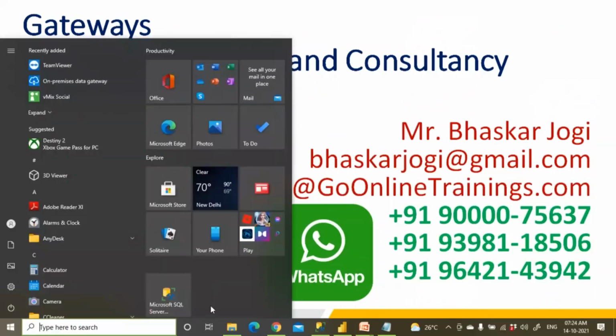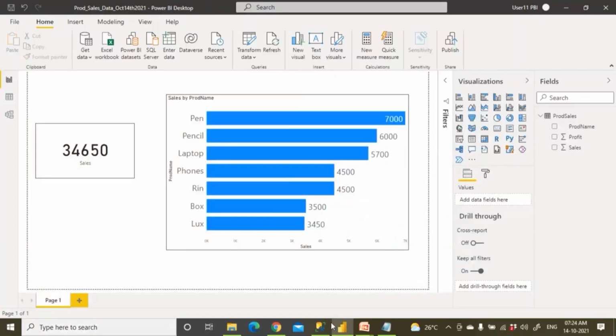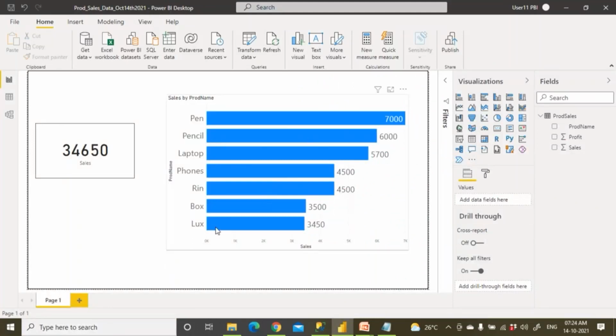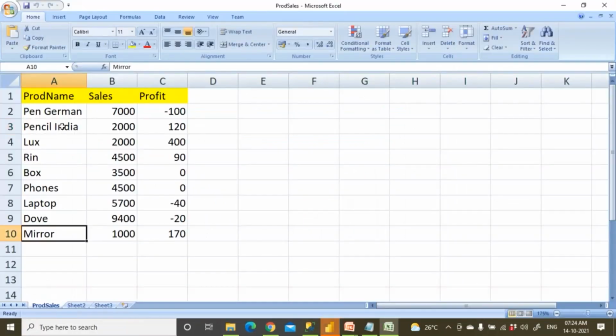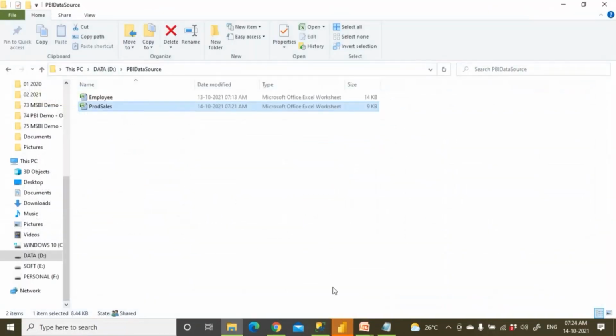So what I have done, I created one report. The report is getting the data from this file, and the file is product sales. Clear? I'm able to get the data from here. So this is the data I have, pen German, pencil India, and I have some data here. So using this data, I'm able to create one